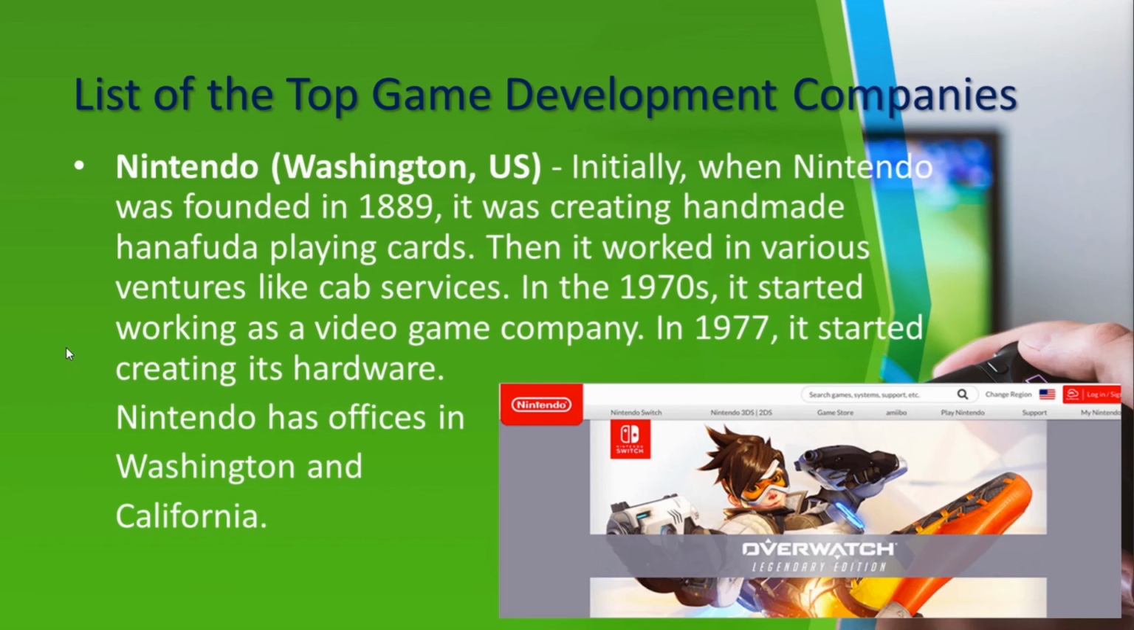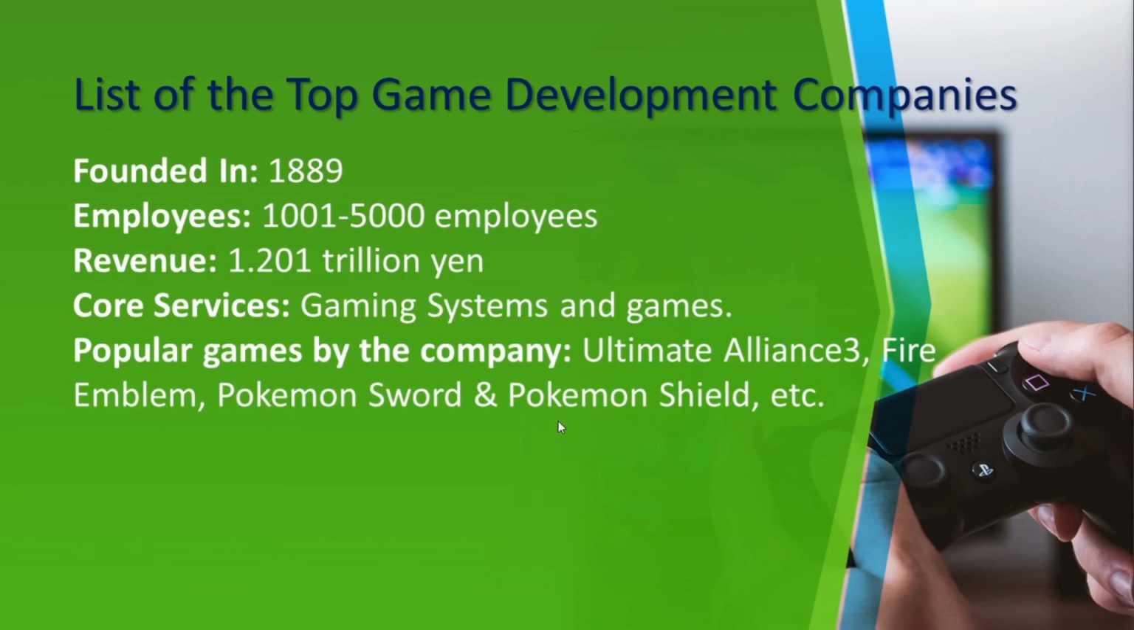So initially, when Nintendo was founded in 1989, it was creating handmade Hanafuda playing cards. Then it worked in various ventures like cab services. In the 1970s, it started working as a video game company. In 1977, it started creating its hardware. Nintendo has offices in Washington and California. So it was founded in 1889. Employees were around 1,000 to 5,000 employees, and its revenue is